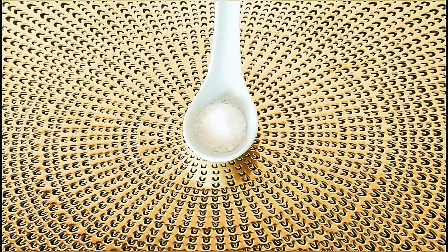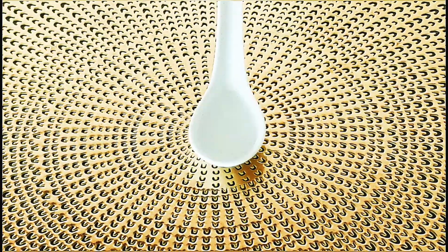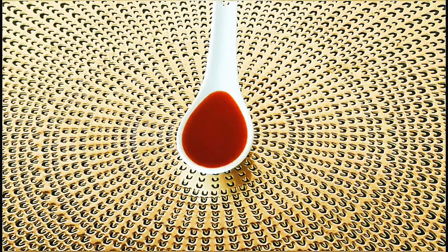Today we're going to make amazing 19B soup. Ingredients that we need are salt, half teaspoon, black pepper powder, 2 teaspoons, vinegar, 2 tablespoons, chili sauce, 3 tablespoons,